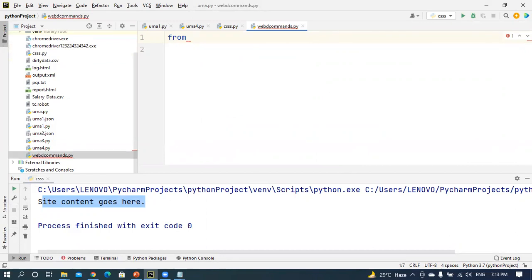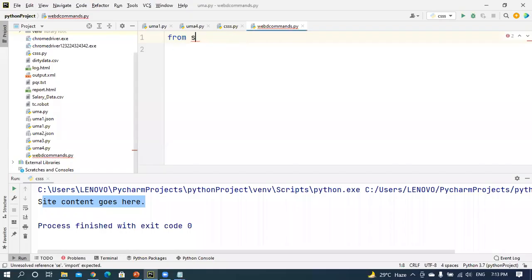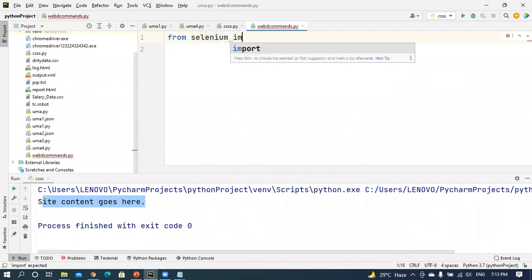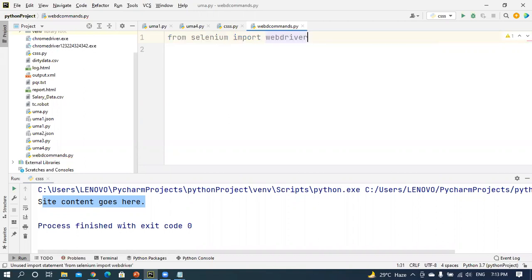From selenium import webdriver. That means here we are importing the WebDriver class.